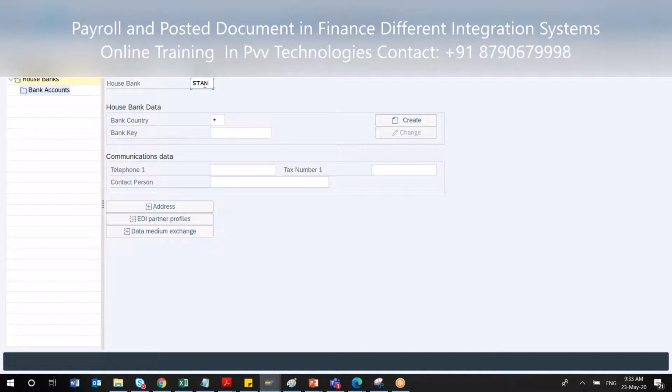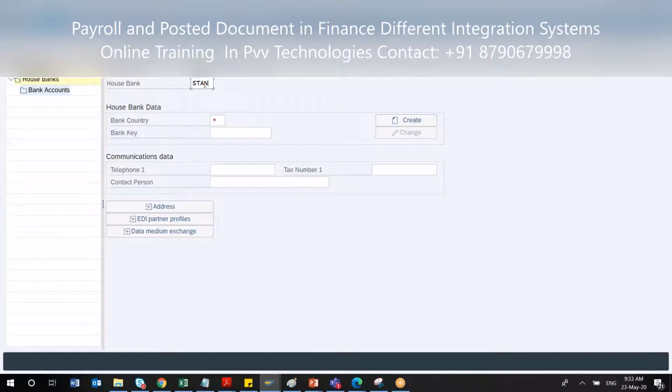What is this bank for? Suppose for your organization, you're tied up with three different banks, and an employee has been given an option of which bank they would like to go with.